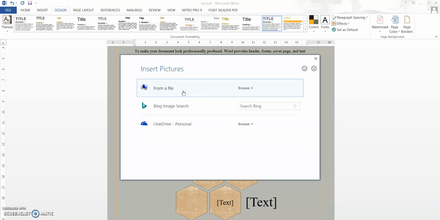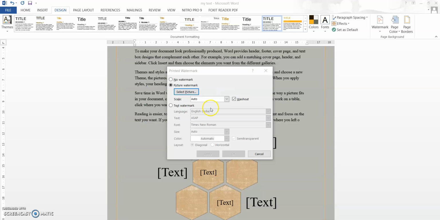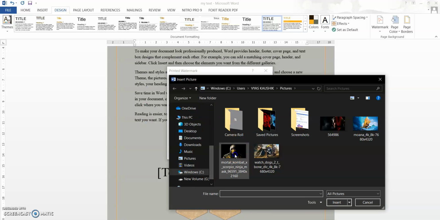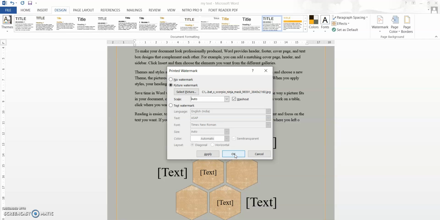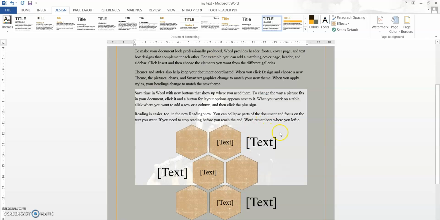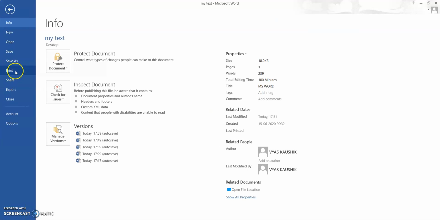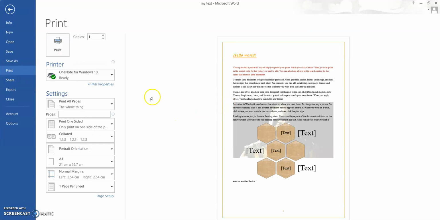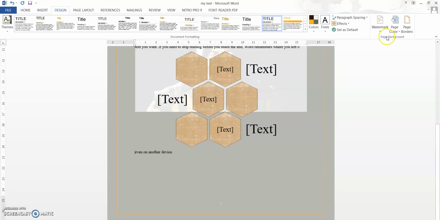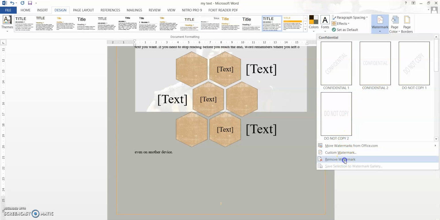So when I select a picture from file, let me select this Mortal Kombat picture and click OK. See, a picture is present that will act as a watermark. If you want to see it clearly, you can go to print preview and see how the entire page will look like. Now let me remove this watermark also.